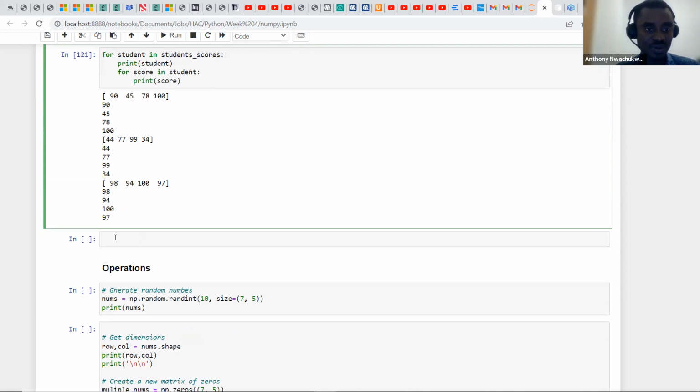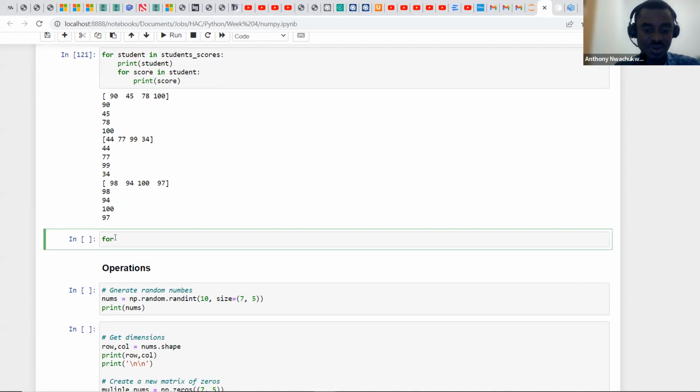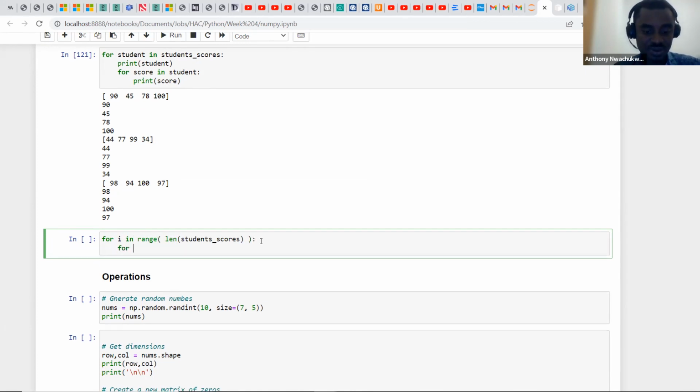Let's say for I in the range of the dimension, that's the length of this student. For I in this, okay. Then we can also say for J in the range of,